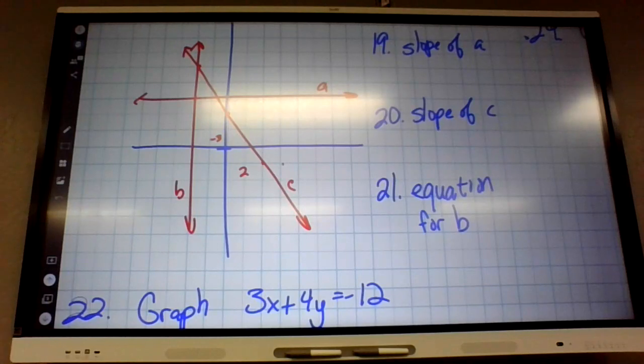Rise over run. Wait, the first one is always left or right. The second one is